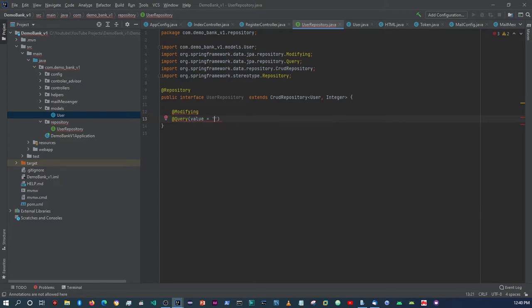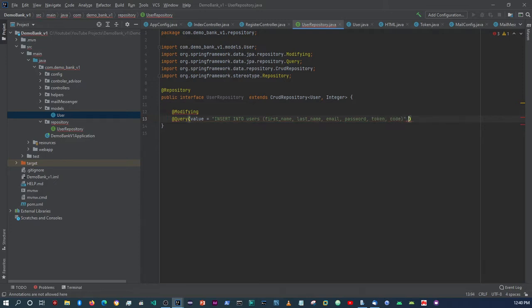Okay, so in here we'll say insert into users, and then we set up the fields. So remember we got the first name, right? We got the last name, we got email, we got password, we got token, and then we got code,